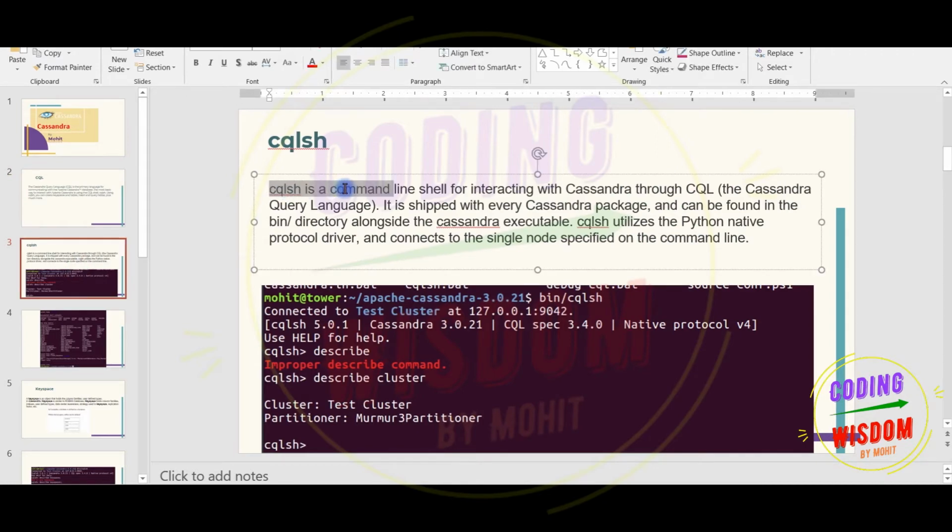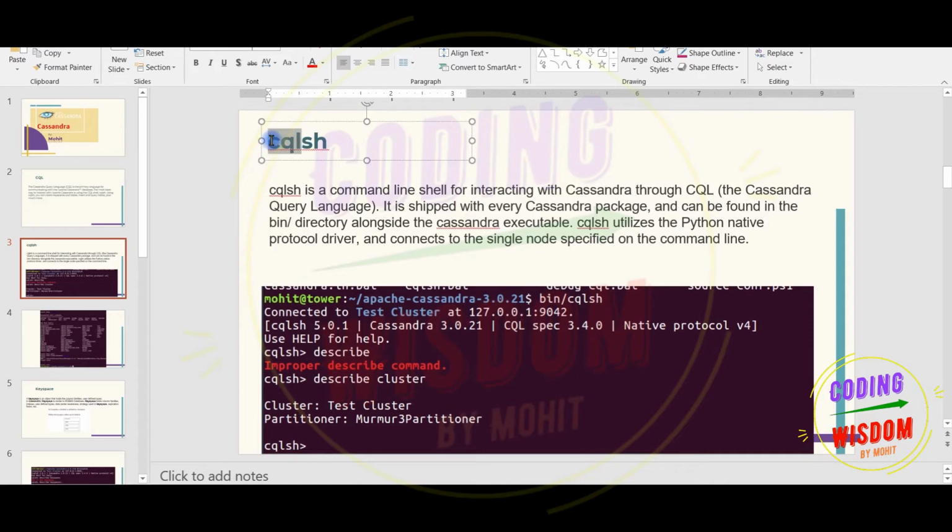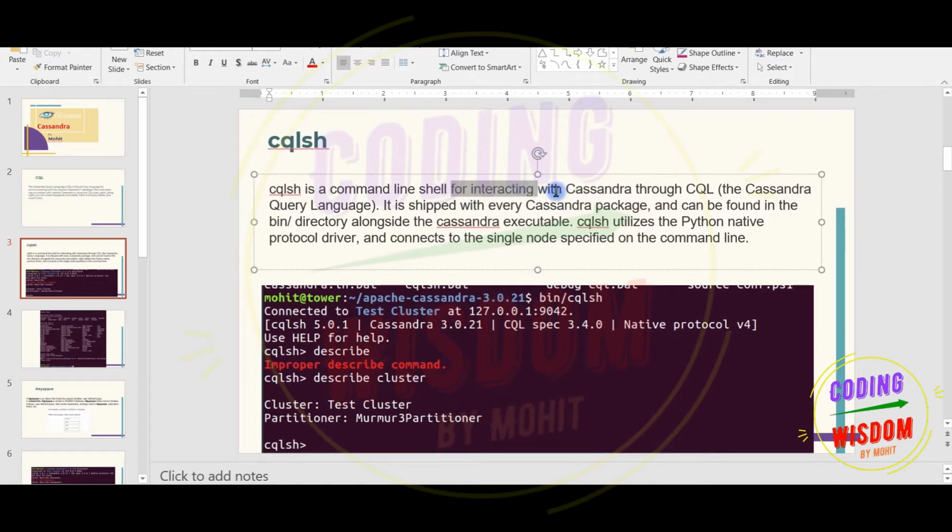So CQL is a query language and CQLSH means the shell, the CQL shell for interacting with Cassandra through CQL. Okay, means we have a shell and we can write our commands on it to interact with the Cassandra server.